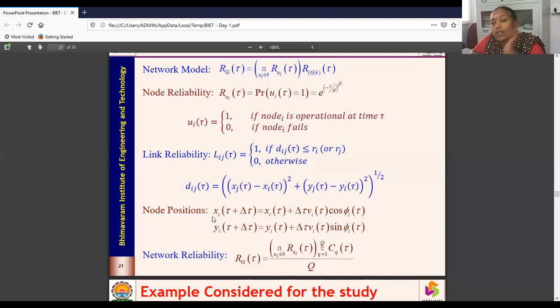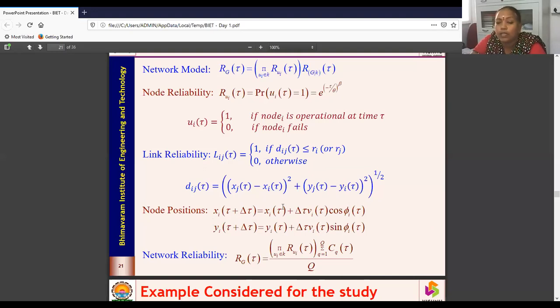The new x location is x of tau plus delta tau. So x of tau means the current location, and x of tau plus delta tau is the next location. That means, with a small change in time, we calculate what the change in the location is going to be. So xi of tau plus delta tau is the new location.